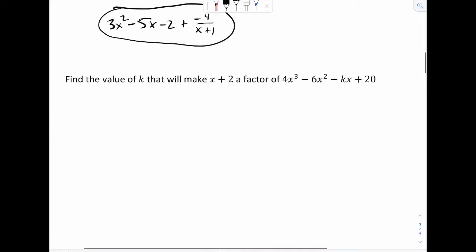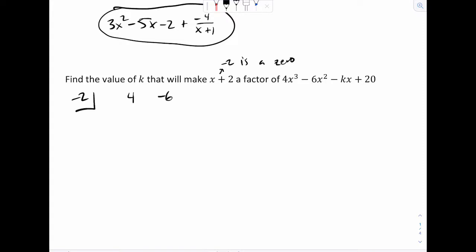Now we'll do one advanced problem here. Find the value of k that will make x plus 2 a factor of this thing. So let's try synthetic. If x plus 2 is a factor, that means -2, that's your 0, so -2. And let's fill it in. 4, -6, -k, 20. Drop the 4, 4. We're going to multiply, we get -8. We're going to add -14, multiply 28. Let's add that. That's -k plus 28. We multiply, that's